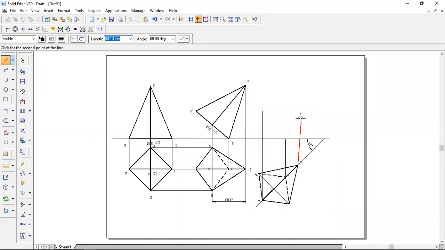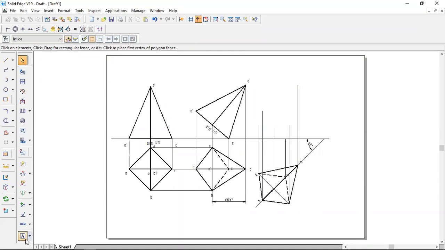So next O. This is O dash. So O dash is here. So O dash and O. Then O1. So from here, O1 lies in line with this. So O1, O1 dash. Both intersect at this point. Okay. So now name it.